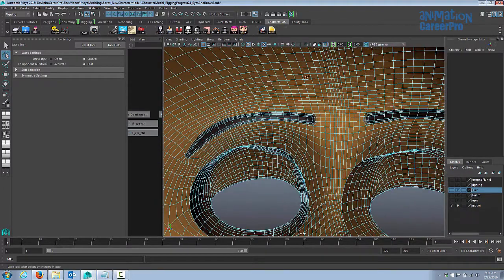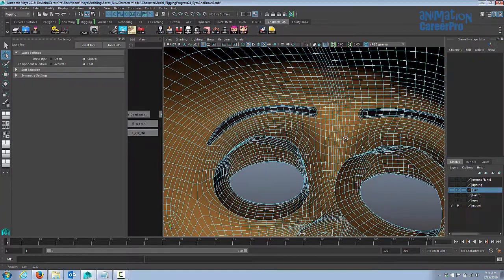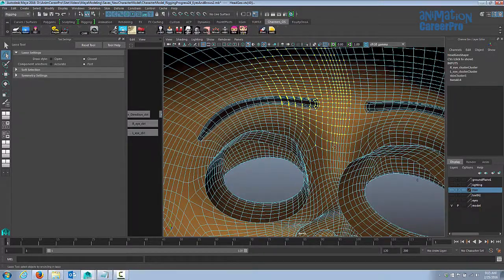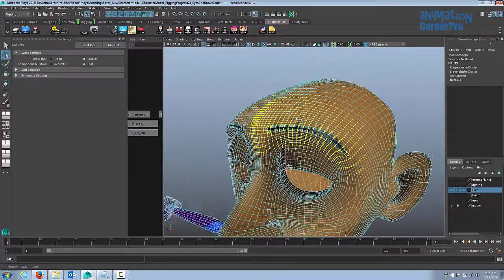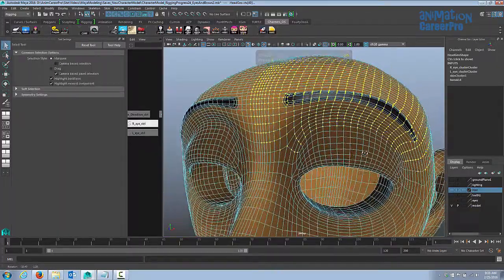When we move the control for the inner eyebrow later on, we want it to affect this whole area of his head. So I'm going to select a larger area than I think I need, just so that we can paint out the area around it. So the cluster is going to move the inner part of the eyebrow the most, but I want it to cascade out to other areas. We're going to make a pretty large selection here, and we're going to do this for every part of the eyebrow. Okay, so I'm going to refine my selection a little bit.